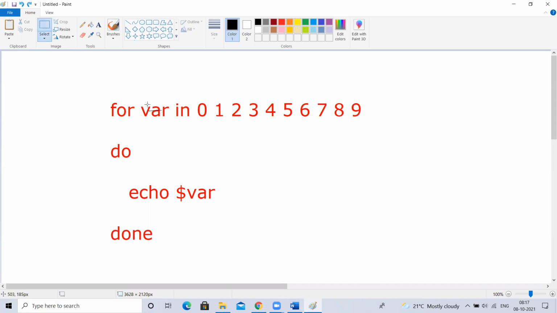Now I'm going to take this as where. For means for loop, variable, in these many values. This variable initially contains the first position value. After in, this is one position, this is another, like each one, the space separated ones.